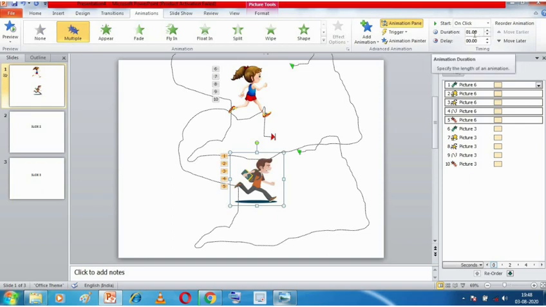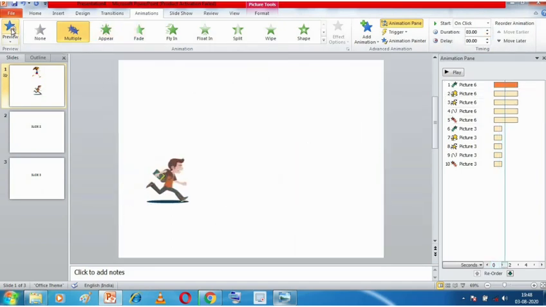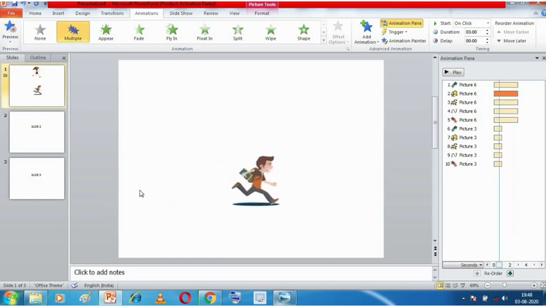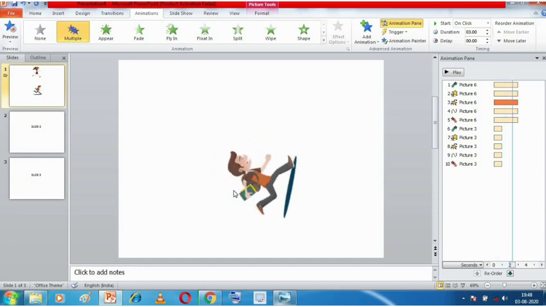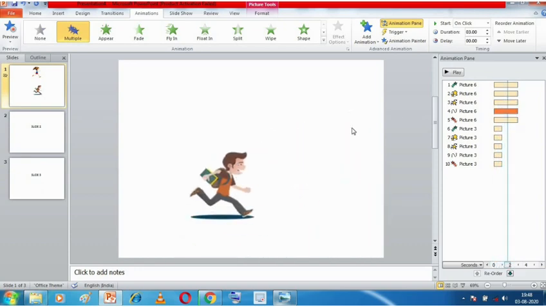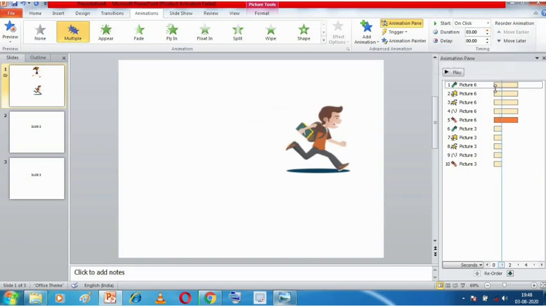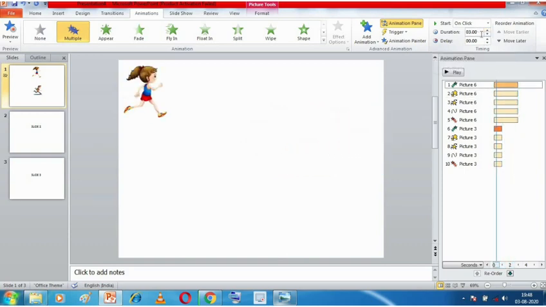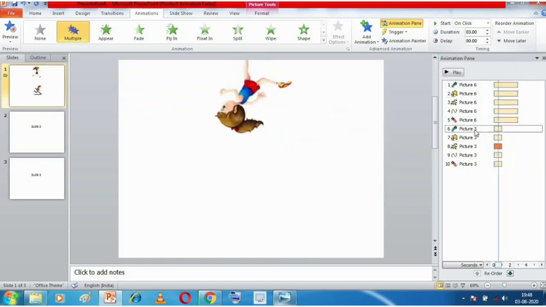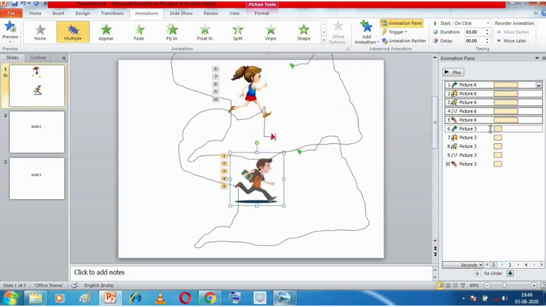Right now it is 1 second. Suppose I change it to 3 seconds. Now see what is going to happen. Let us preview. Now you see this animation is happening very slowly compared to what it was previously. Why? Because now I have changed the duration. Now every animation will happen for 3 seconds, but not for this one. I have not changed the second object. That's why it is happening with the same speed as it was earlier.